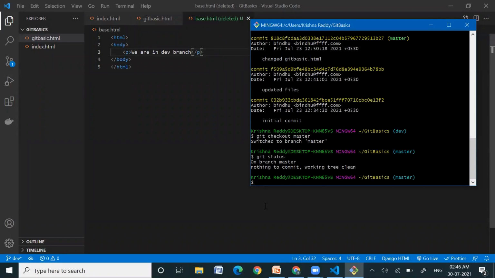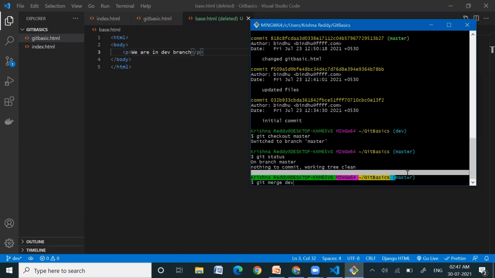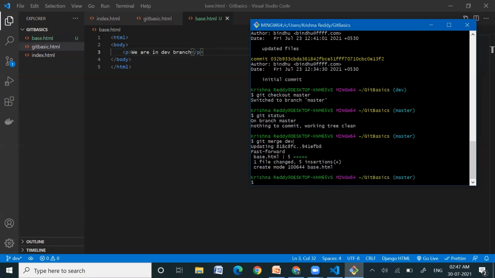Now, if we are ready to bring this dev branch live into production, we merge the dev branch into the master branch using the merge command, git merge dev. We are in the master branch only, so we are just merging this development branch into it.